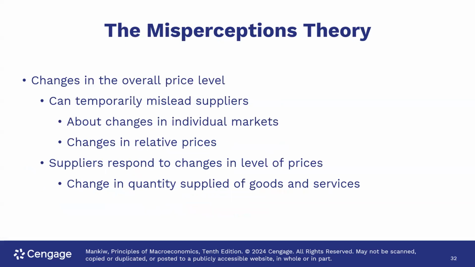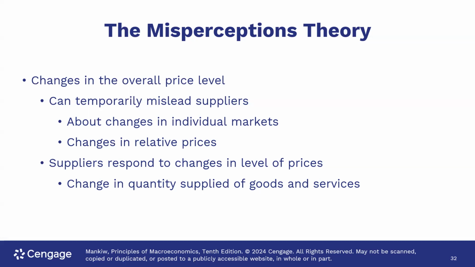And lastly is the misperceptions theory. The misperception theory means that the firms may find it hard to distinguish between the change in the overall price level and the change in the price of their individual good. And then they may confuse those two signals and make a decision that will lead to this positive aggregate supply curve. So changes in the overall price level can temporarily mislead suppliers about changes in individual markets and